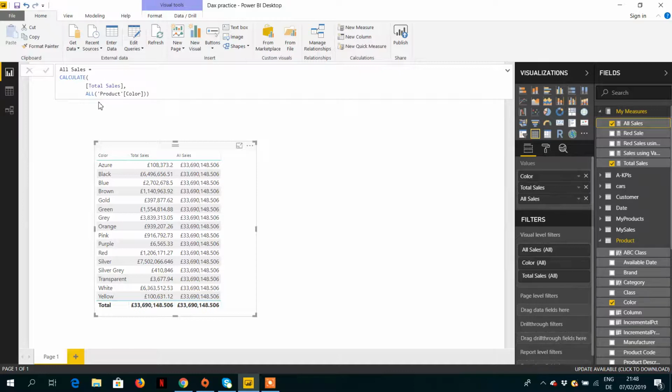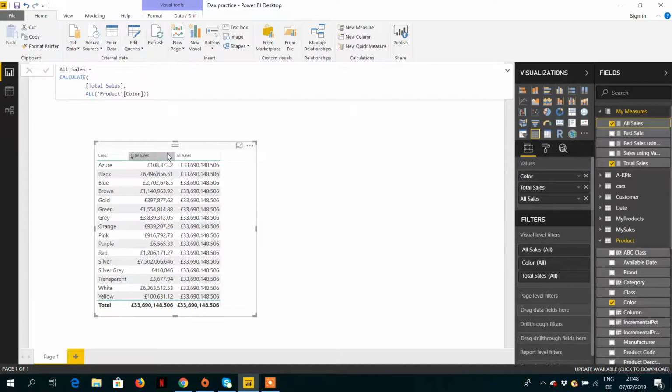When we use ALL, then ALL ignores everything. If you pass a single column like color, then it will ignore this color column. If you provide a table, then it will ignore all the columns within the table.